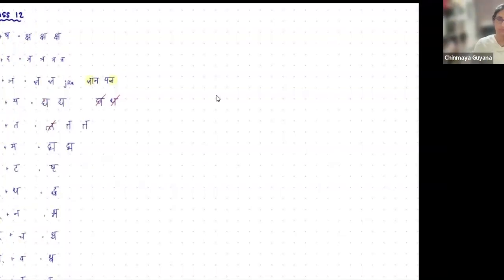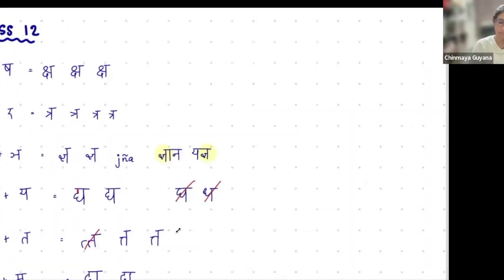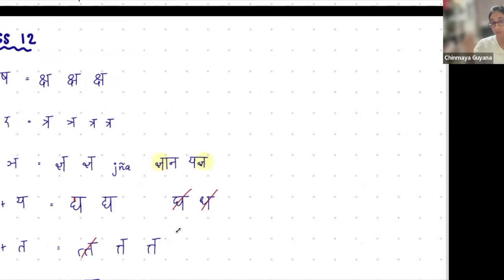All right, so yesterday we were seeing some of the complex conjunct consonants that are a little more difficult to identify just by looking at them. So we saw ksha, tra, gnya first. Ksha, tra, gnya are actually in the Hindi alphabet. You will find them written as letters, and people who learn the Hindi alphabet are not told that they're actually